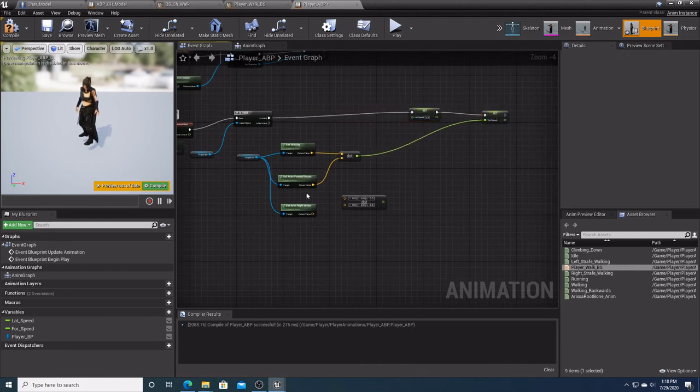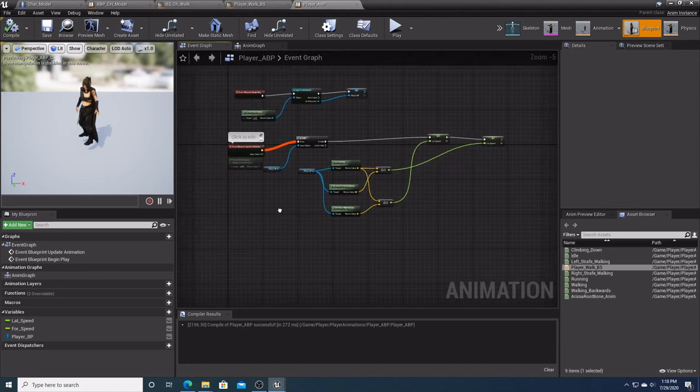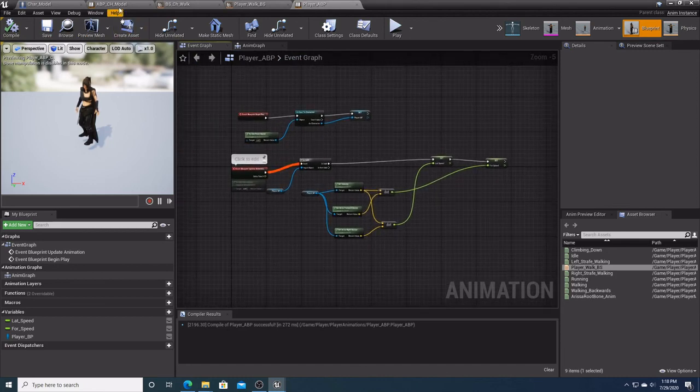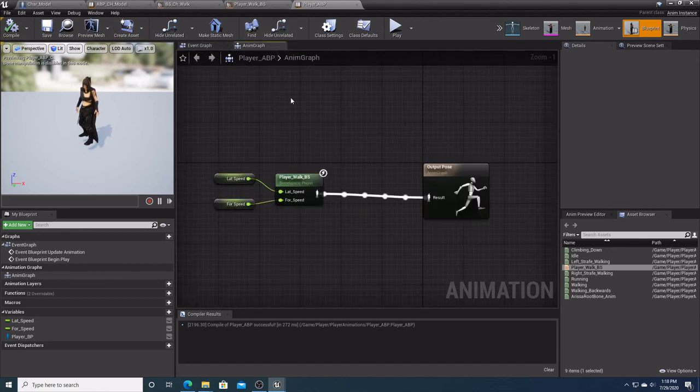Move these up. Connect our velocity here. Our lateral movement there. Connect it there. Hit compile. Hit save. Make sure this is running. Go back to our anim graph. Make sure this is running. Where is our